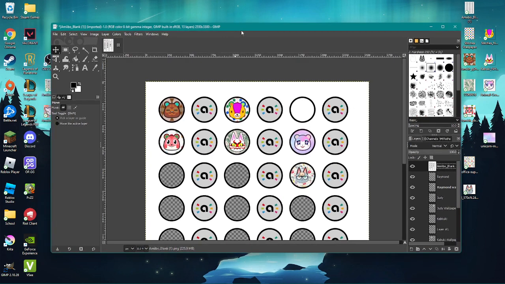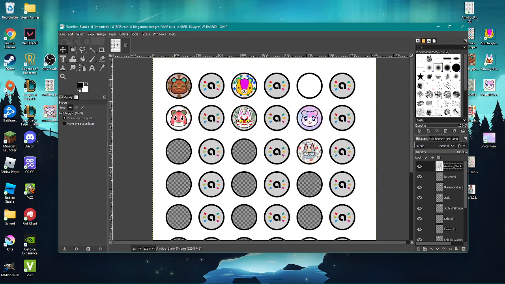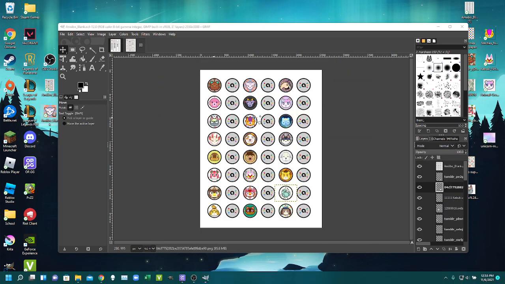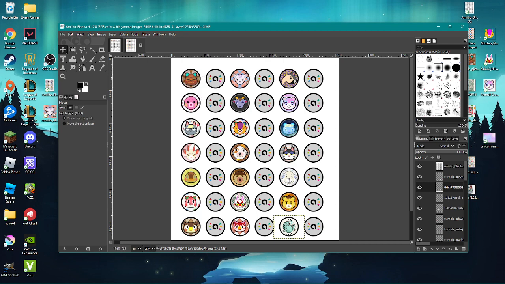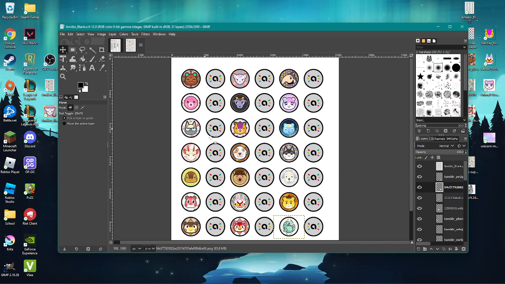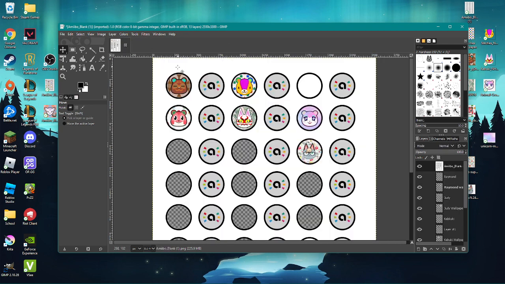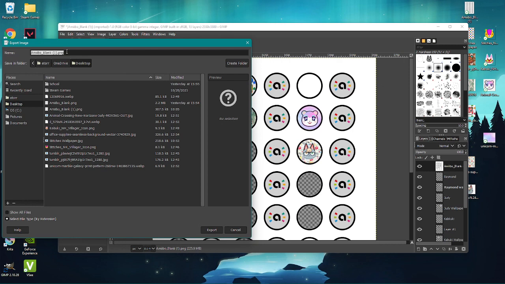And then when you do all your villagers, right, there's 24, you should end up with something that looks like this. You should have all your little villagers. I have Clay, Diane, Antonio, Punchy, all these villagers. You're just gonna want to go to File, and then click Export As. Name it whatever you want. I'll just name it Amiibo Coin Template,